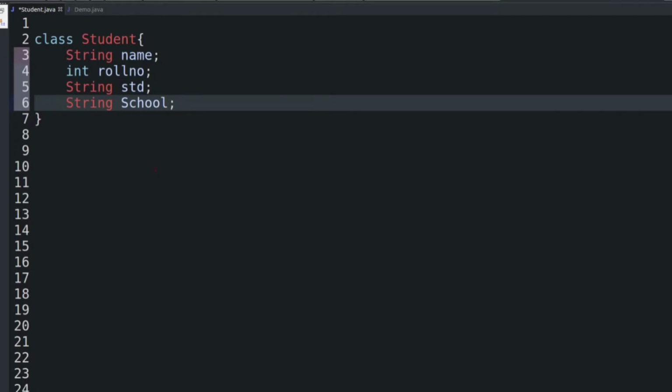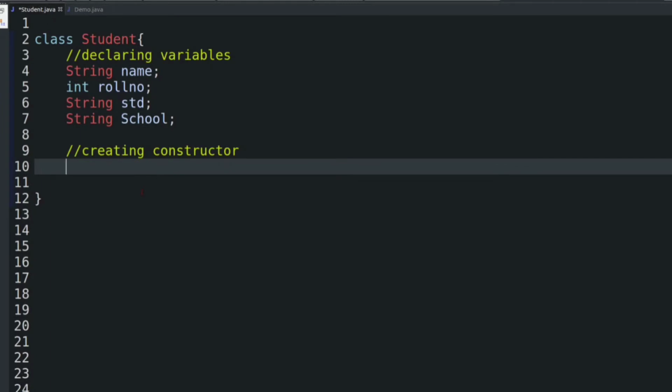Okay, now we are going to initialize an object. That means we are going to give values to the object's fields by creating a constructor, because a constructor is used for object initialization. And how to create a constructor, what is a constructor, types of constructor, I have already explained in the Java constructor tutorial.